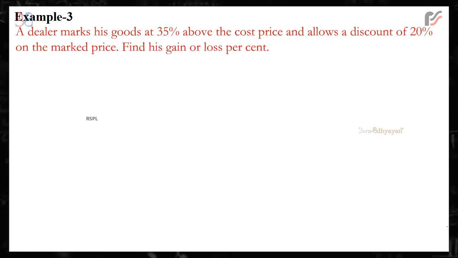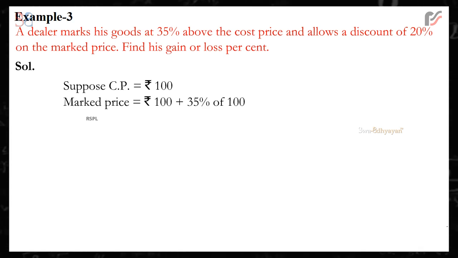Example 3. A dealer marks his goods at 35% above the cost price and allows a discount of 20% on the marked price. Find his gain or loss %. Solution. Suppose CP is equal to Rs 100. Marked price is equal to Rs 100 plus 35% of 100 is equal to Rs 100 plus Rs 35